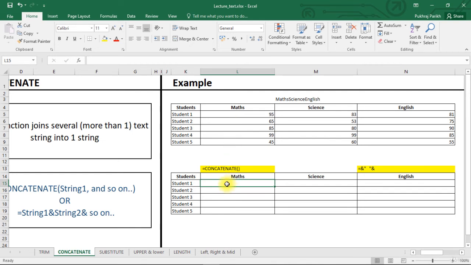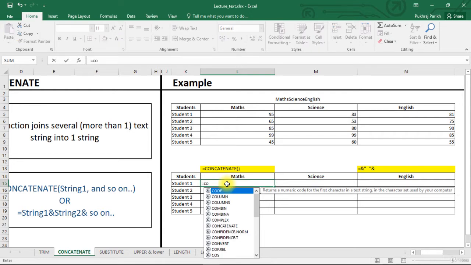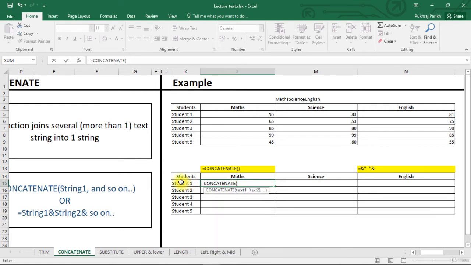To do this, we go to the cell and type concatenate, select student 1 cell, comma, write the script between double quotation marks, space has scored space, comma, select the marks from table 1, comma, now again enter the script in double quotation marks, space in maths.